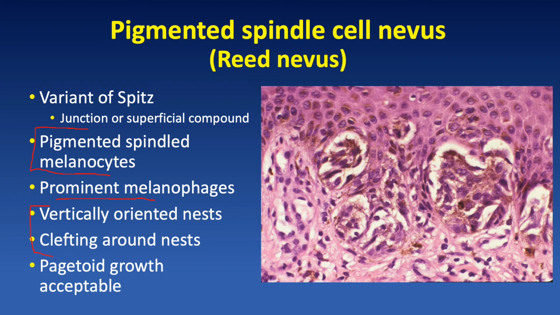Now, one potential pitfall is the occasional presence of quite florid pagetoid upward scatter of melanocytes in pigmented spindle cell nevus, but as long as the clinical setting and the histopathologic features are otherwise acceptable, we can accept or tolerate quite a bit of pagetoid upward scatter as long as it's confined within the main portion of the lesion and